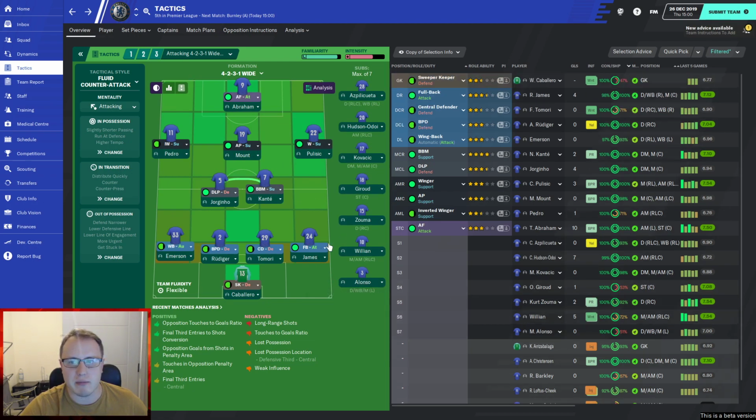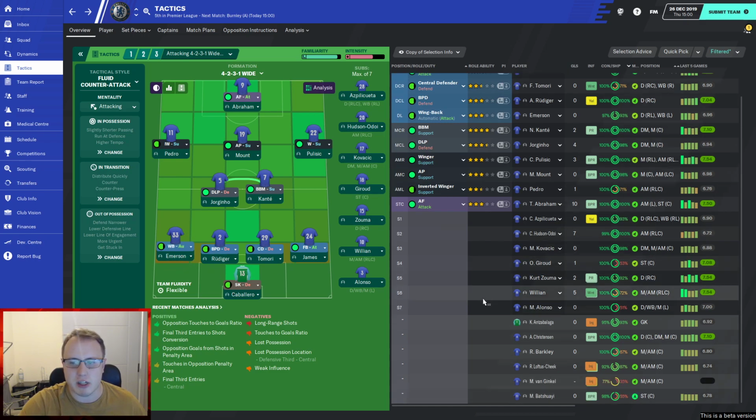We've got Reece James, who's been phenomenal for us at right back so far this season. Tomorrow is going to be starting Rudiger and Emerson on the left-hand side of defence. I'm thinking maybe rotation as well for the Arsenal game. It's not the full strength defence there. And then in midfield, we've got Jorginho and Kante with Pulisic on the attacking right-hand side as a winger, not